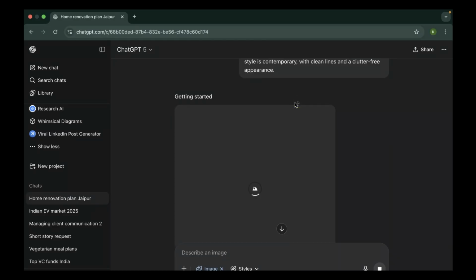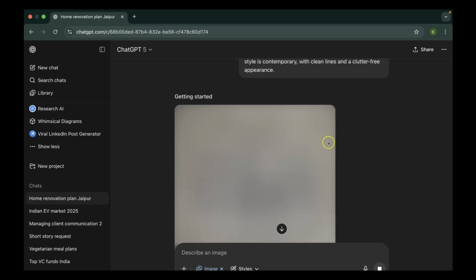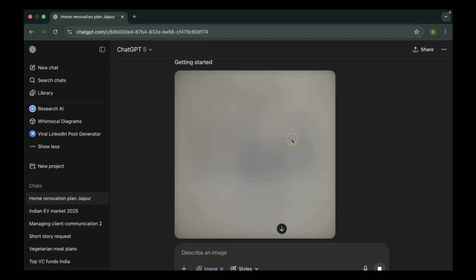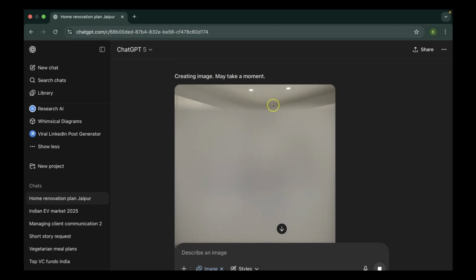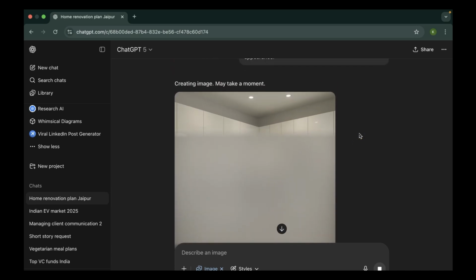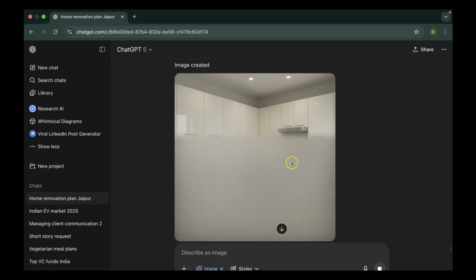Let's run it and see what kind of kitchen ChatGPT wants me to have. Image generation usually for the free version takes more time, but for the plus version or the Go version, it's going to take slightly less time. And here it has generated. It's still going to refine it. Creating image may take some time. I believe it has already started to create from the top part, but it is actually just going down from here. Let's give it its sweet time, and we'll see how the image looks. So yes, it is generating in real time.